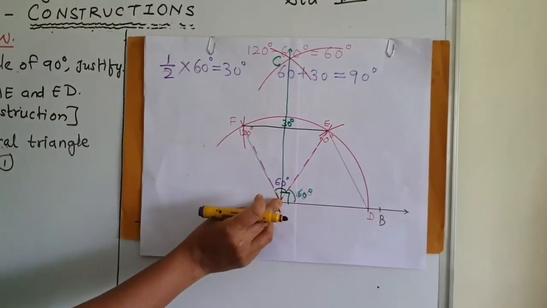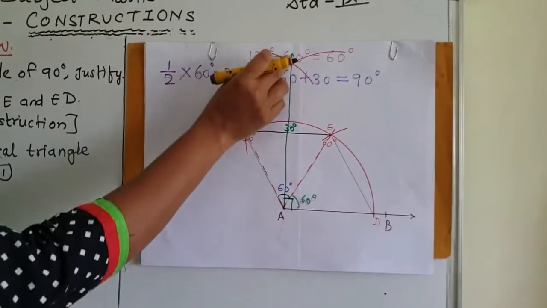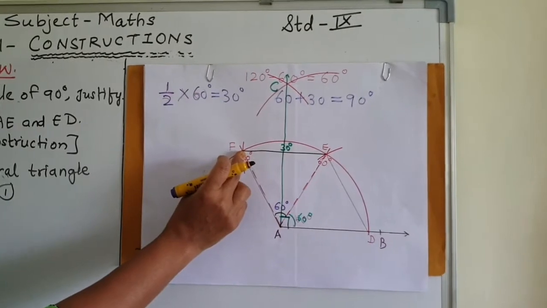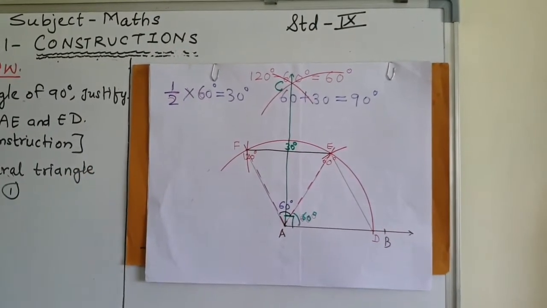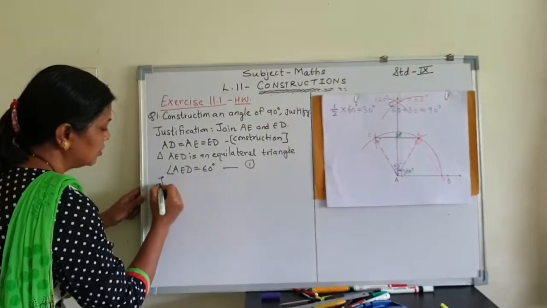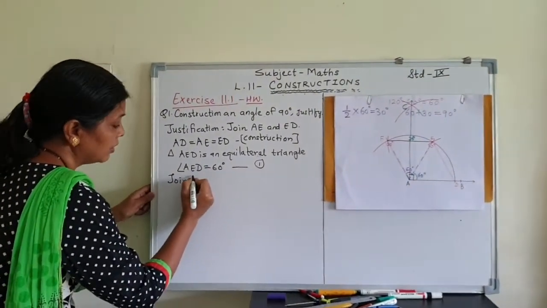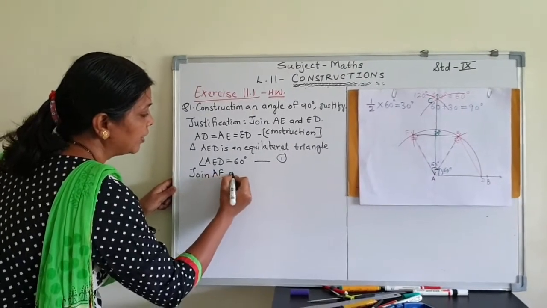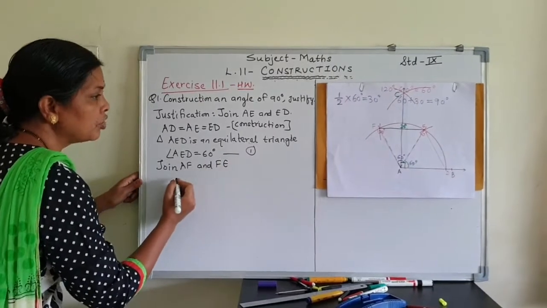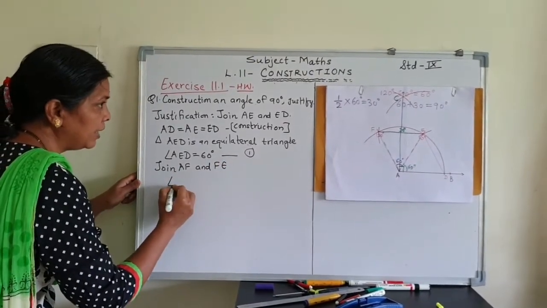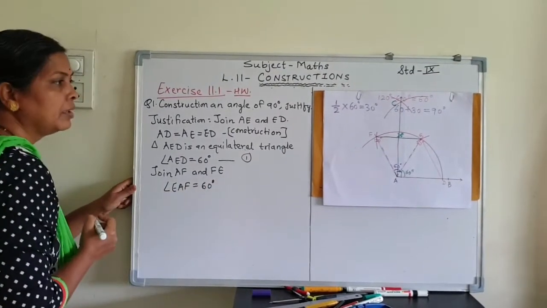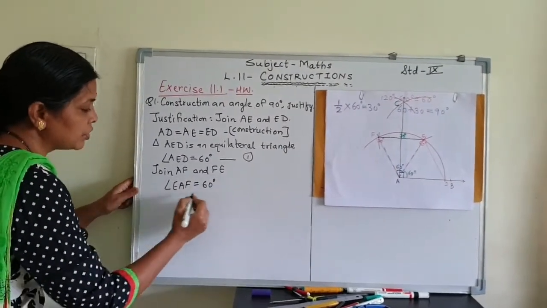This AC is the angle bisector of this angle EAF. So that is what we have to write over here: join AF and FE. Now here also we get angle EAF is equal to 60 degree, and by construction